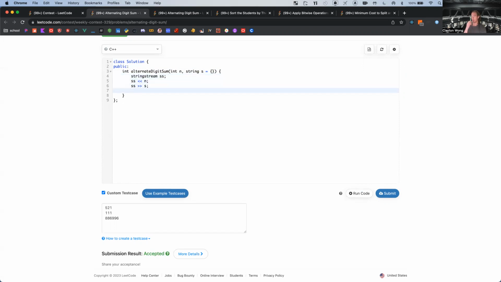Stick it in there, pull it out into S, and then T equals 0. For each character in S, return T at the end. Just use a for index. If I modulus 2 is zero, so it is even, then T plus equals S of I minus 0,